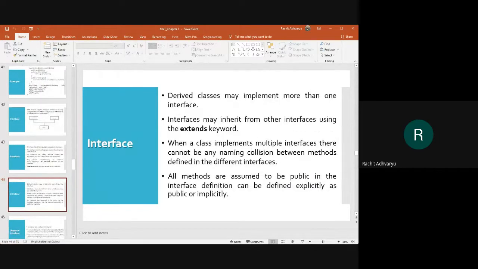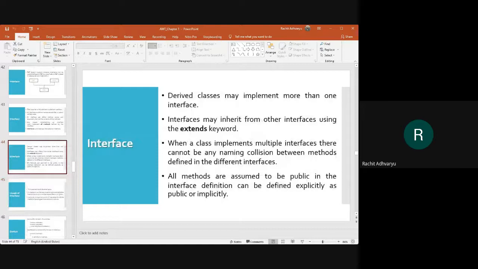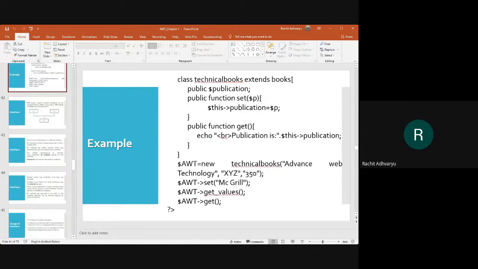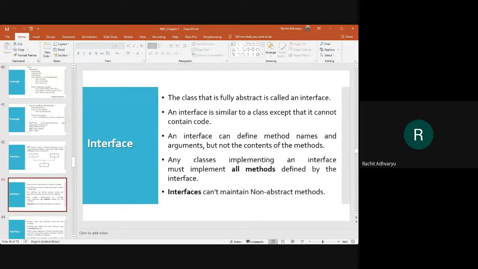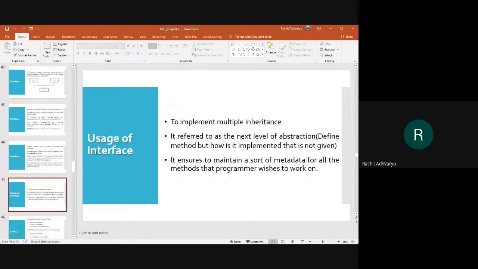So this is what the interface is, and we use the extends keyword in interface while we use the implements keyword for simple and multi-level inheritance. Sorry, that's my mistake. For simple and multi-level inheritance, we use the extends keyword, and for interface, we use the implements keyword.